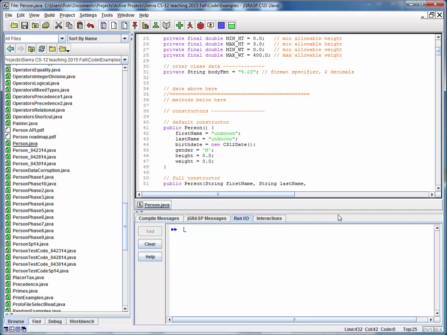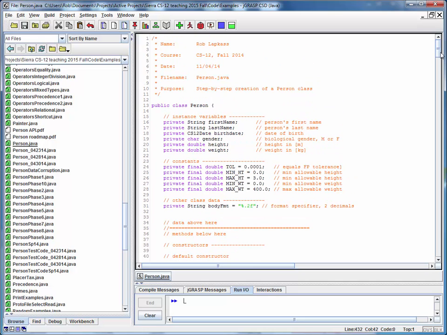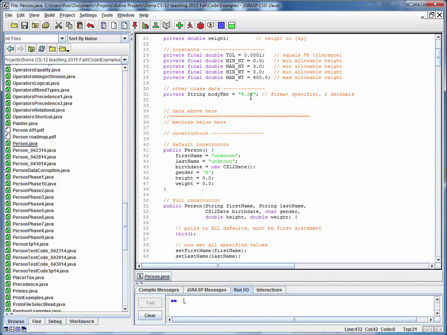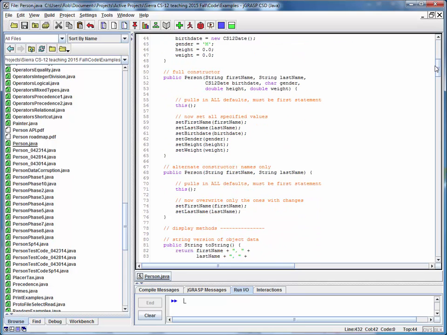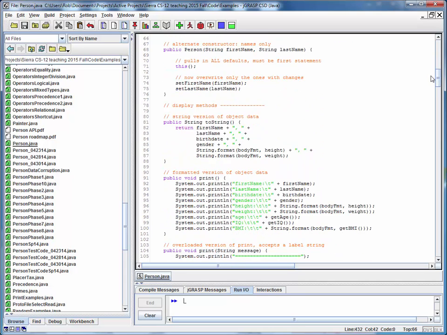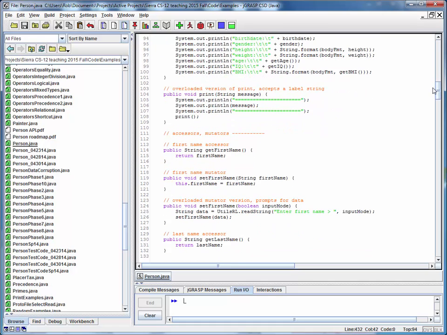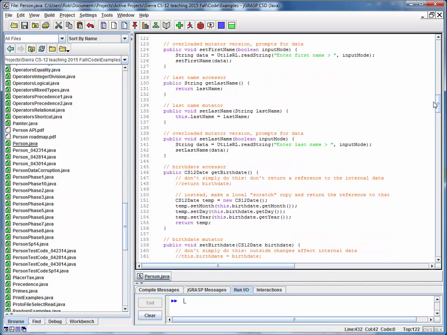But before we do that, let's look back over what we've created and admire our handiwork a little bit here. Going from top to bottom, here's our instance variables, some constants for mutator data checking, a format specifier for height, weight, and BMI, and then we've got default, full, and alternate constructors. We've got a toString, a print, and an overloaded print. We've got an accessor, a mutator, and a prompting mutator for first name. And then we've got the same three methods for last name, birth date,